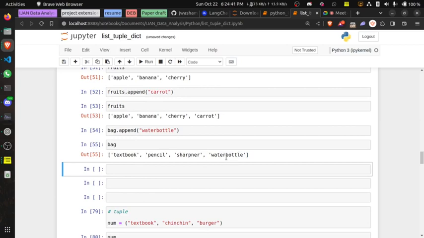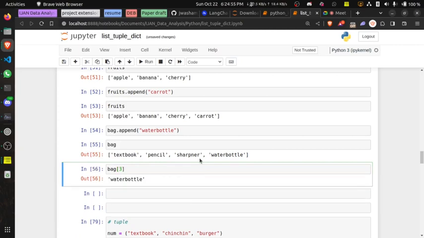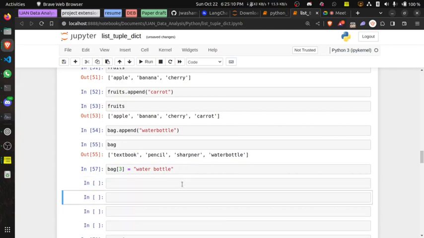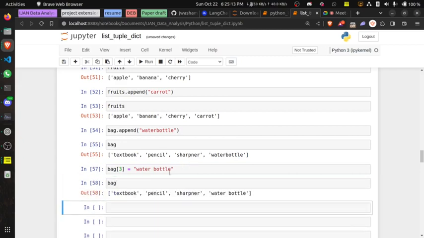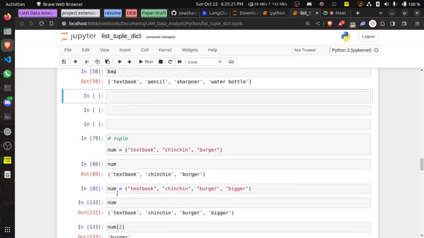So let's say, oh, my water bottle is joined together. If you check this in the English word, it doesn't mean anything. Let me change it. So all I have to do is access the index. So 0, 1, 2, 3. That's the third one. I put 3 here. So if I call this, of course, water bottle will come out. So I want to now assign something to this. So what I'm assigning now is water with a space and bottle and shift enter. So we don't know if that worked, but we can check, and you can see now that it has changed from water without space to water bottle with space. So you can see the difference now.